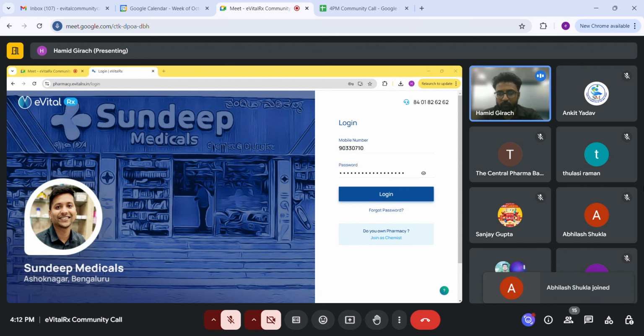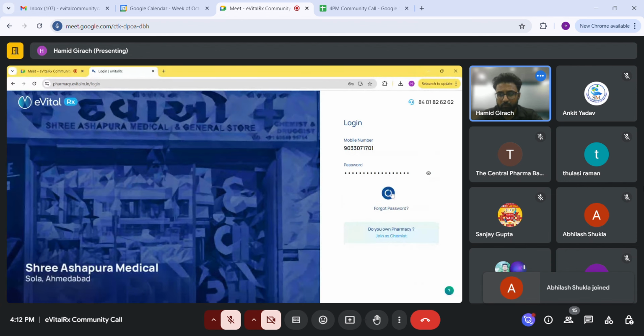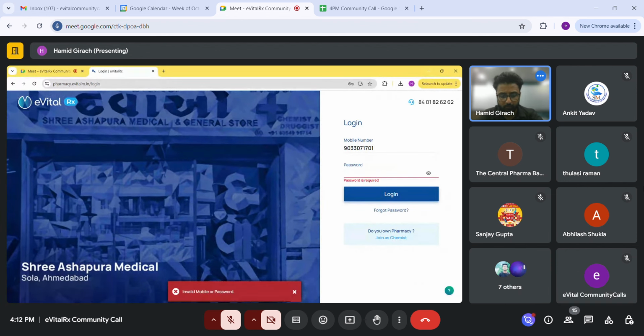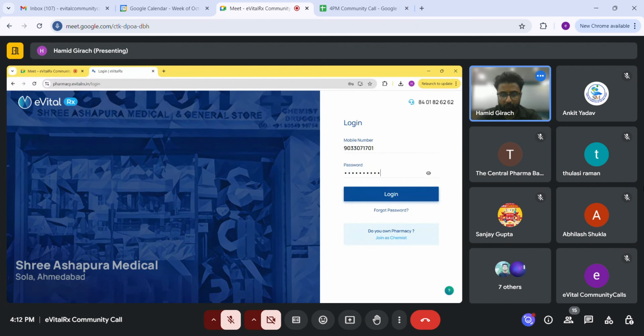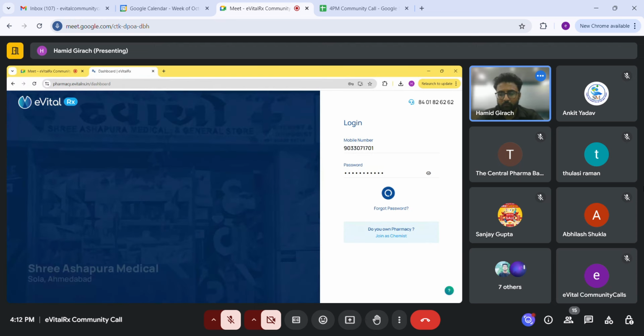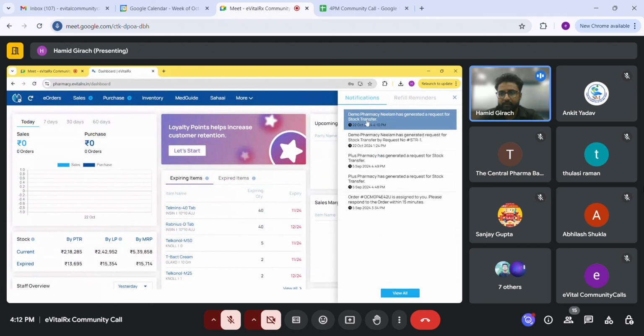So I can just log in into this account. And you can see there would be a notification that this demo pharmacy Neelam has generated a stock transfer for you. So that would be also visible here. Now we just need to go here